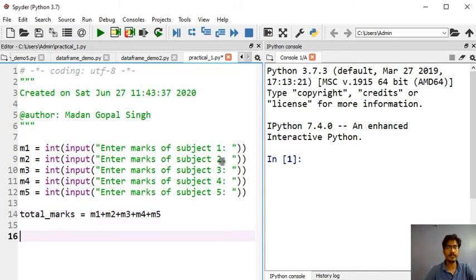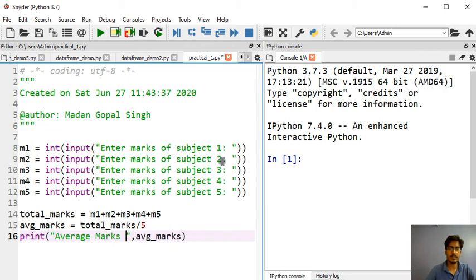Then we will calculate avg_marks equals total_marks divided by 5. Then we will print avg_marks.